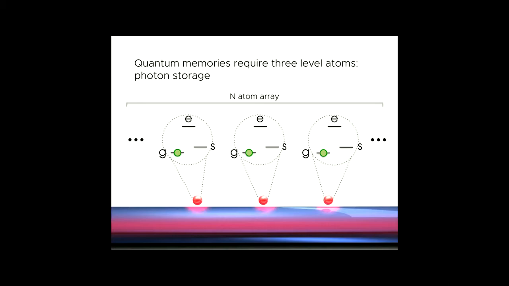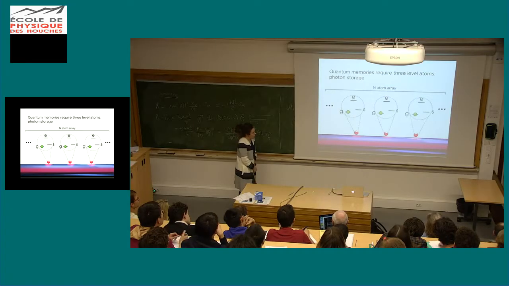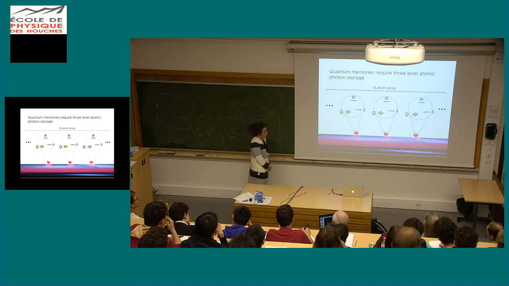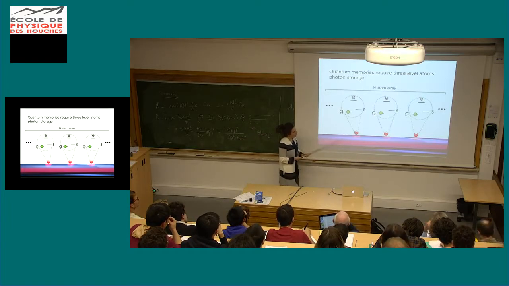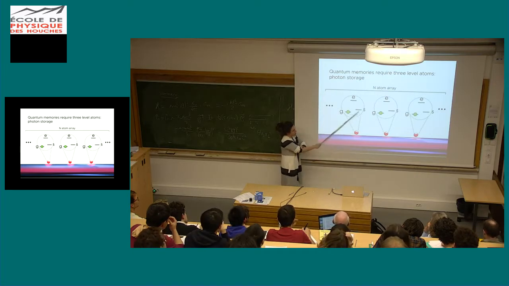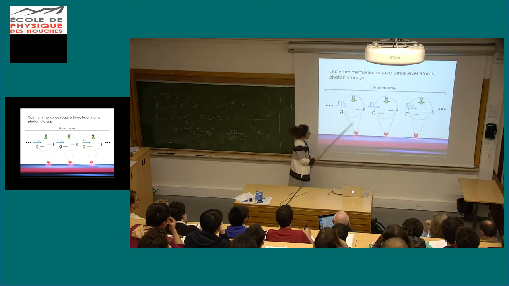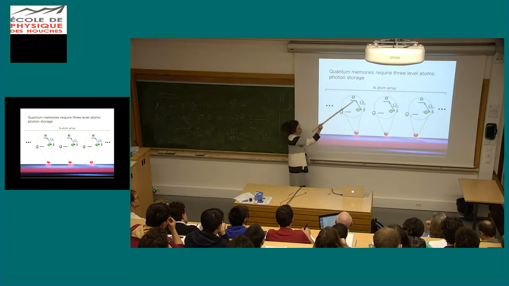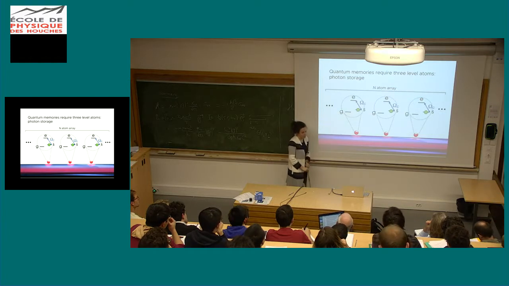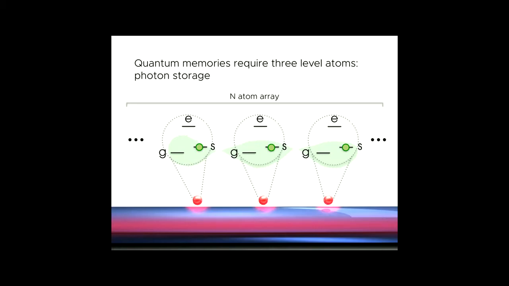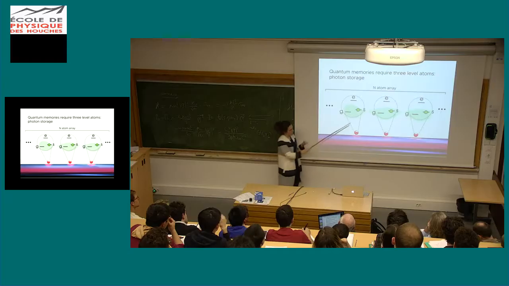And just as an example of application of light matter interface, I wanted to explain a bit about how quantum memory works. Quantum memory requires atoms that have two ground states or one metastable state. We start with atoms in the ground state. We send a photon. This photon excites the atoms in a superposition. And with an external control field, a laser that I send, I'm going to map the population into these S states. And I switch off the laser, and I have stored my photon in a superposition of G and S